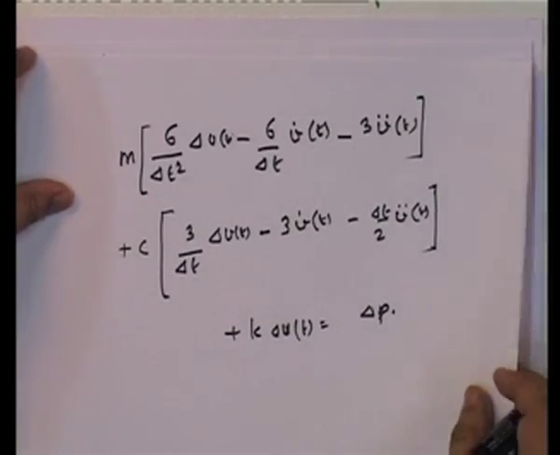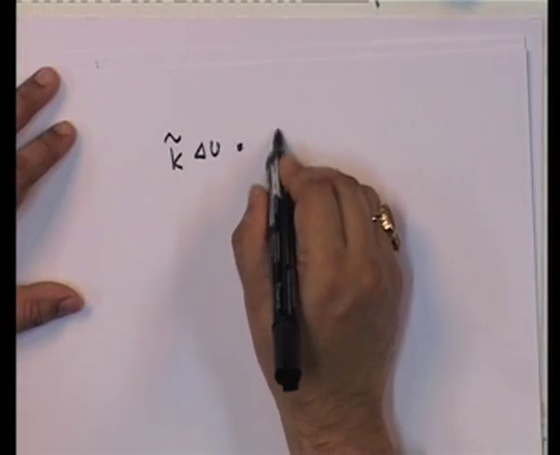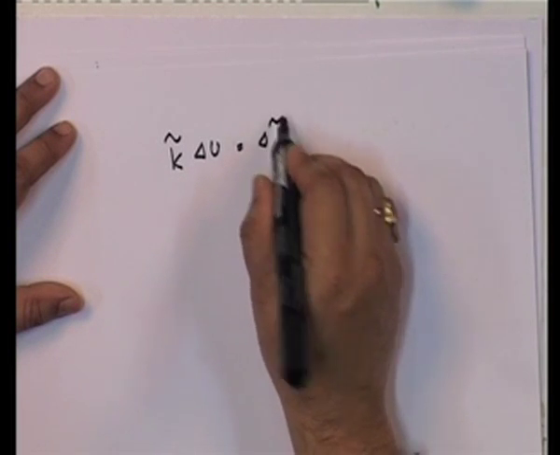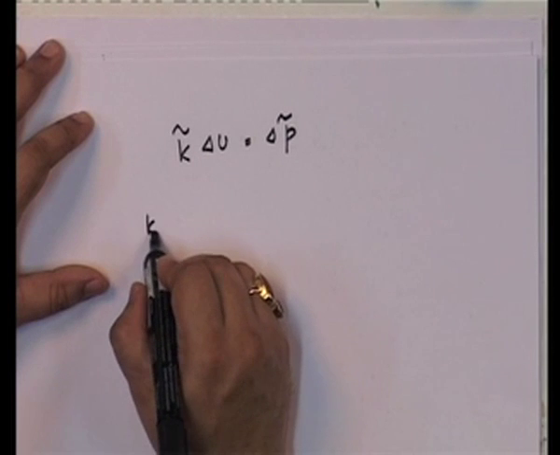Then if I rewrite this equation, I am going to say that this is equal to k star into delta v is equal to delta p tilde,